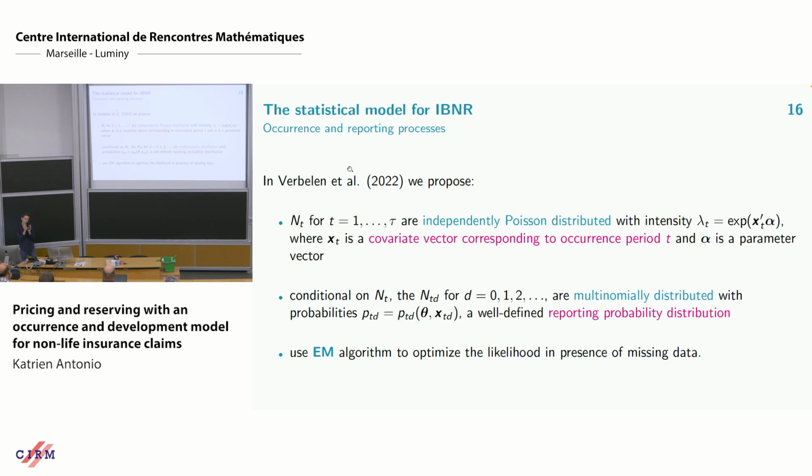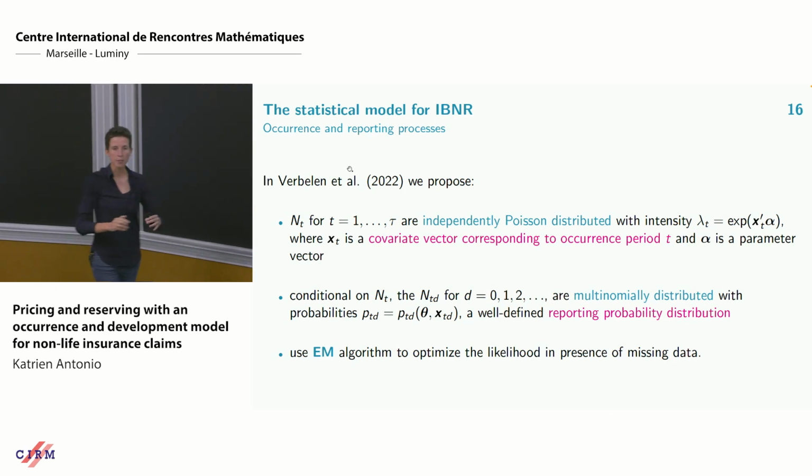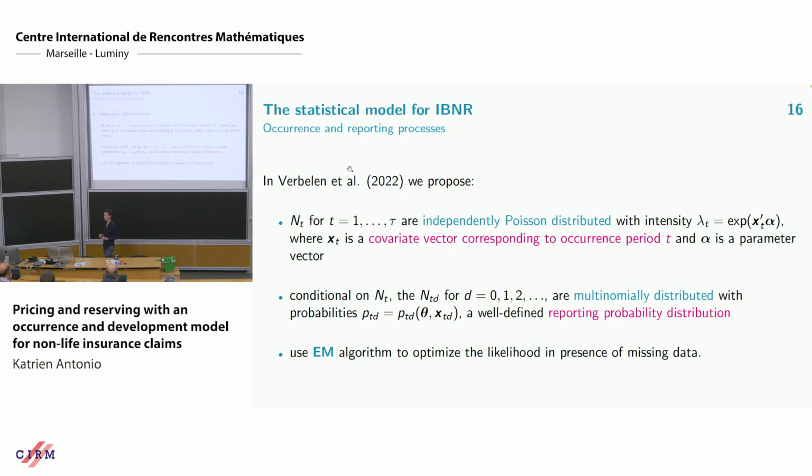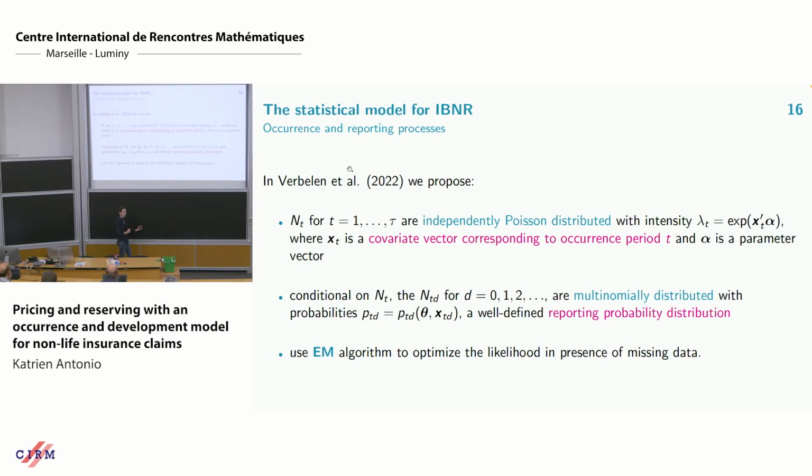So the step that I want to take in this new paper is that here I use that occurrence and that development thing for a time period t in my portfolio horizon. So it's not at the level of a contract or a policy, it's at the level of a day in the time period that I consider, right? So the step that I want to take is, what if we use this idea, but apply it at the level of an individual policy i, using the characteristics of that policy i, then we will be able to say something about the occurrence of claims with respect to that contract i and their reporting delay over time.